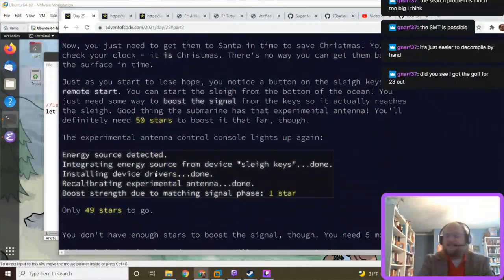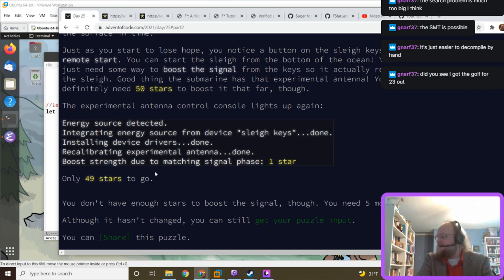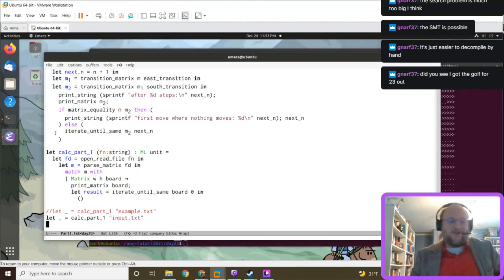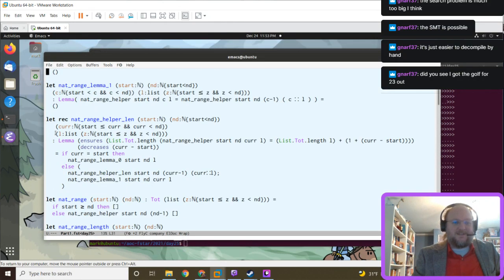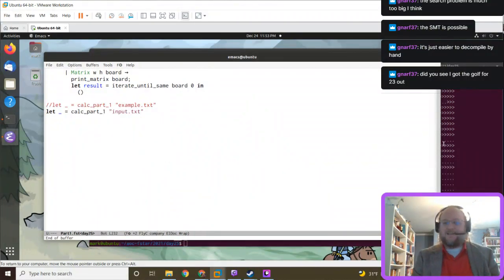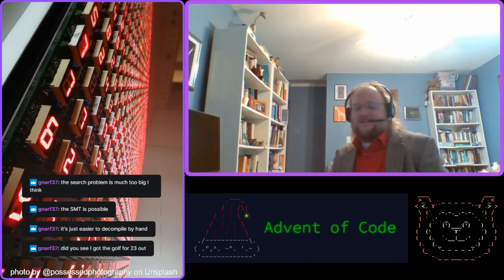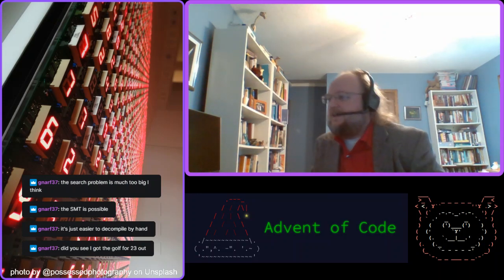Well, it was nice that we were able to reuse so much from previous days. I think since I've got an early start tomorrow, I'm not going to work on previous days.